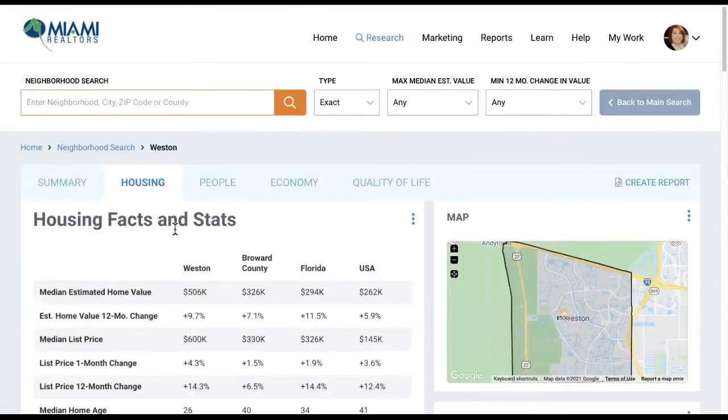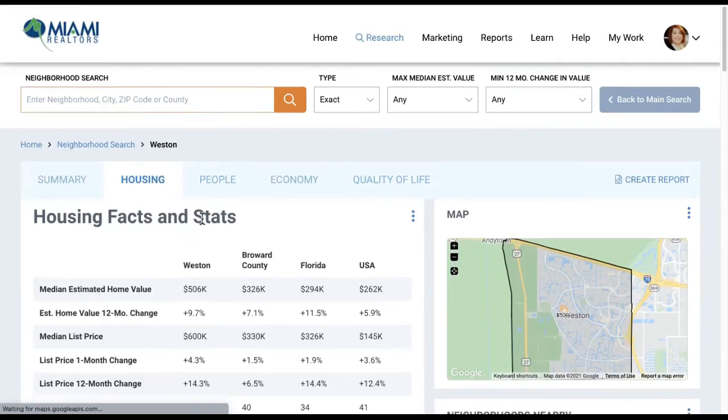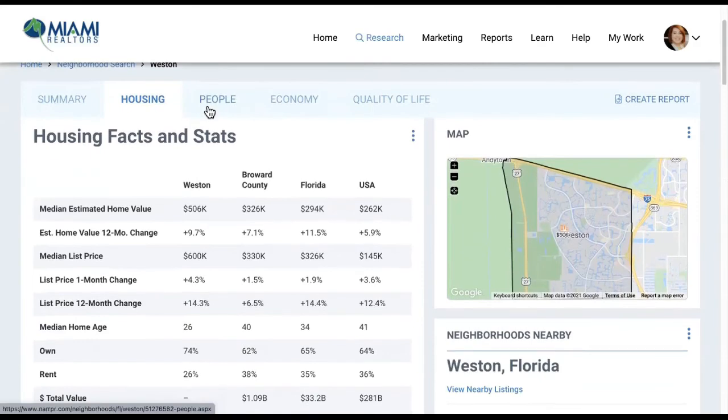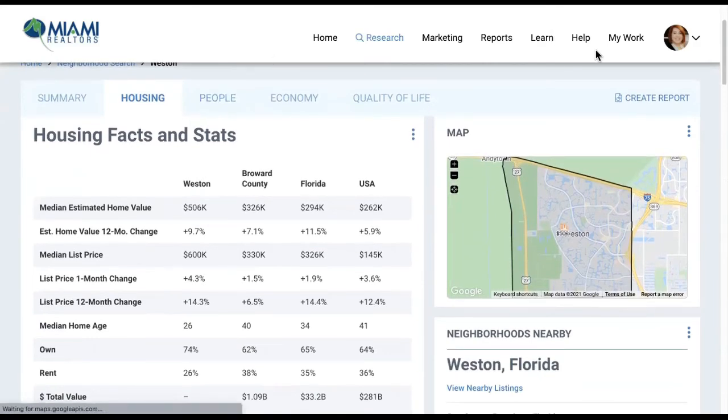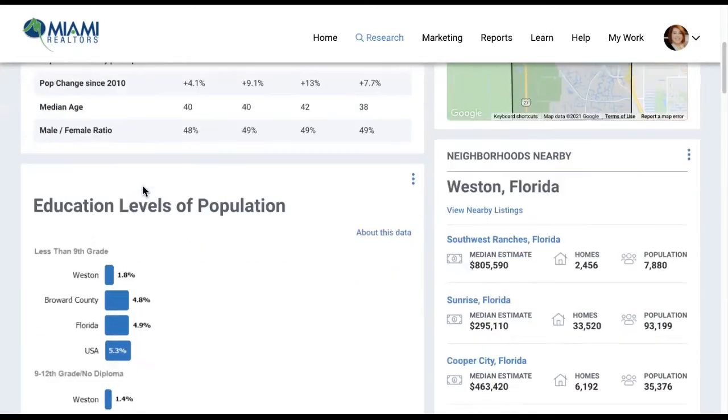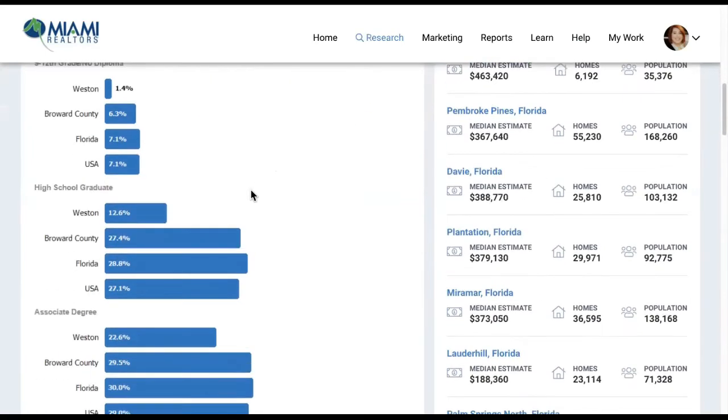And let's say I want to understand that demographic. I go to people, and it's going to tell me age range. It's going to tell me married versus single. It's going to tell me the age range of children in that area. So it's still loading. I'm giving it a second. So population, population density, education levels,